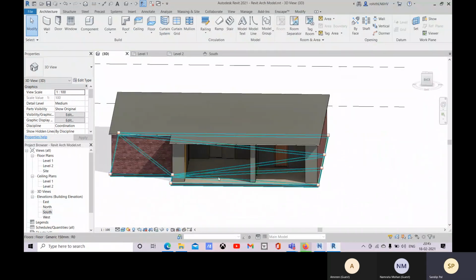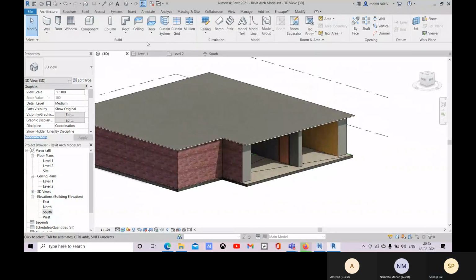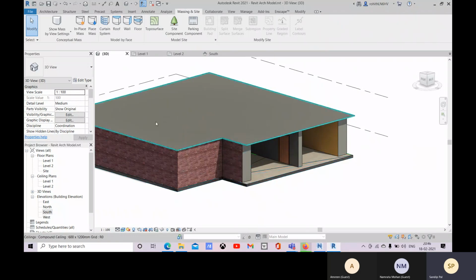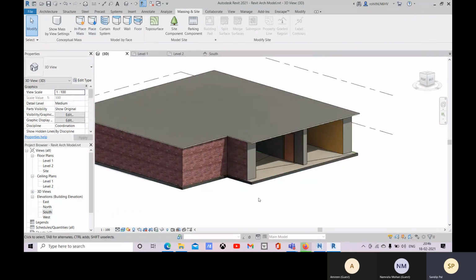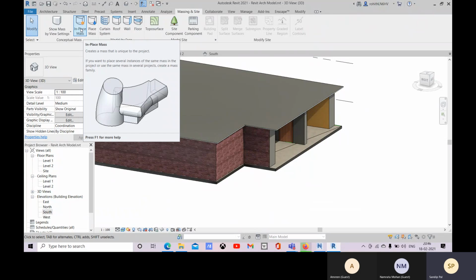So let's select this one. Now I will go with this massing and site. Here I will create one mass, a free form, so for that I'll choose in place mass.